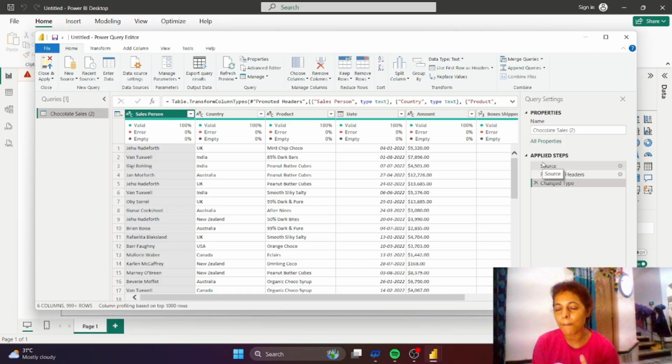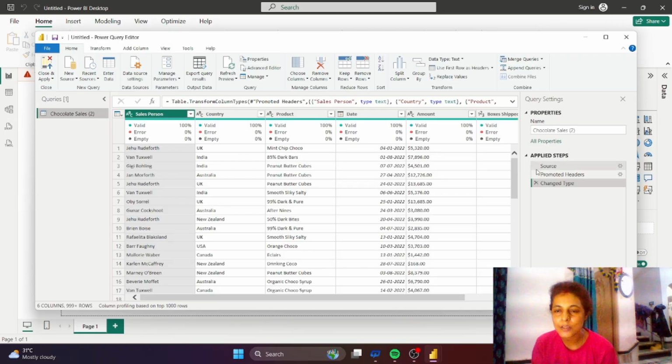Source means from which source we have extracted the data. Promoted Headers means we have brought the file. Then Changed Type, which is also transformation. These processes are shown here. Whatever steps you do will be visible here in Applied Steps.